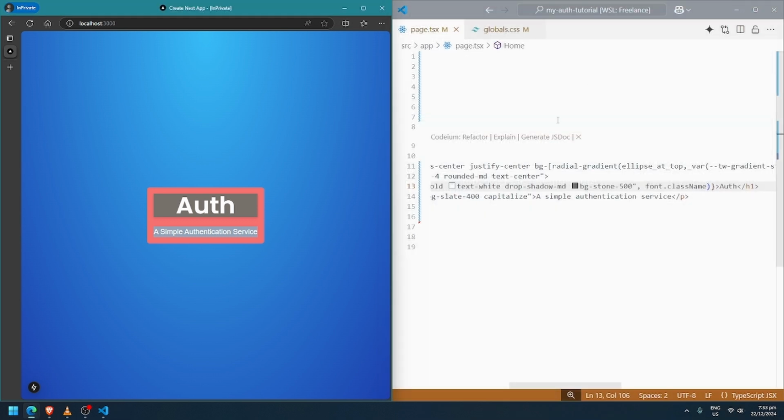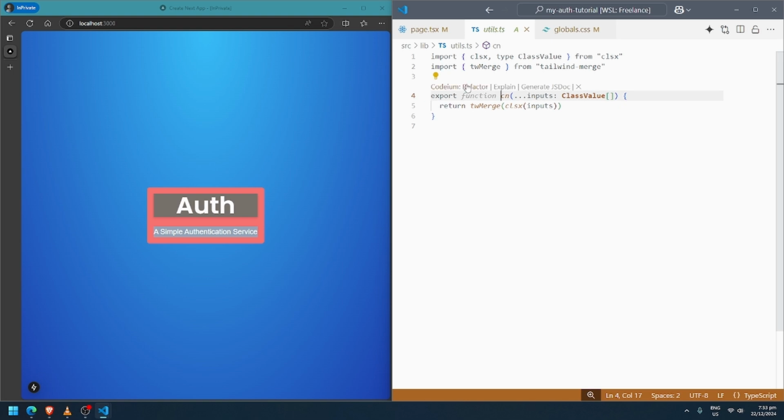So let's close that. So what is cn? So cn is defined in our utils from shadcn. It is defined in our utils.ts file located in src/lib/utils. So remember when I installed shadcn, this file was created with this function.